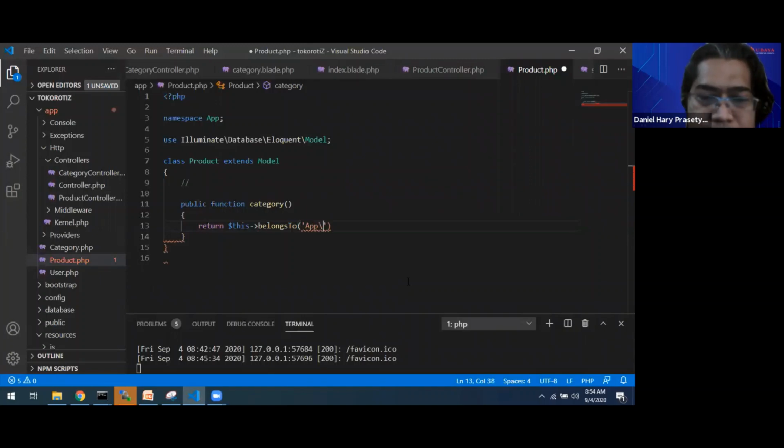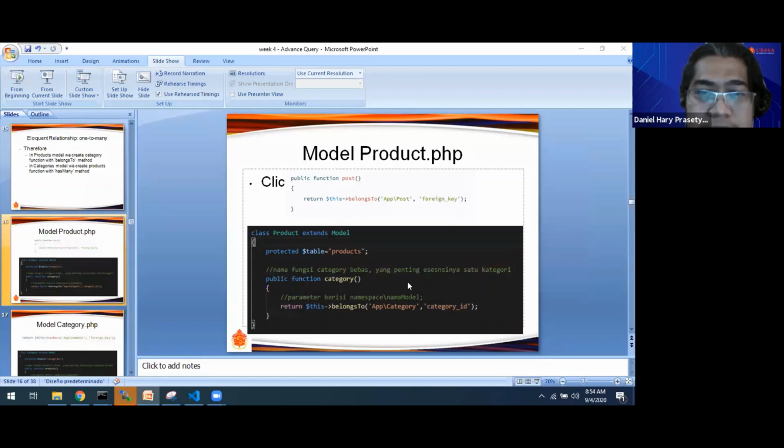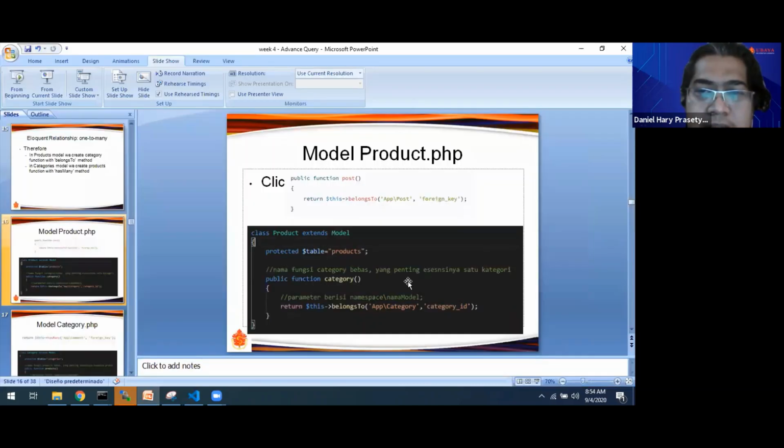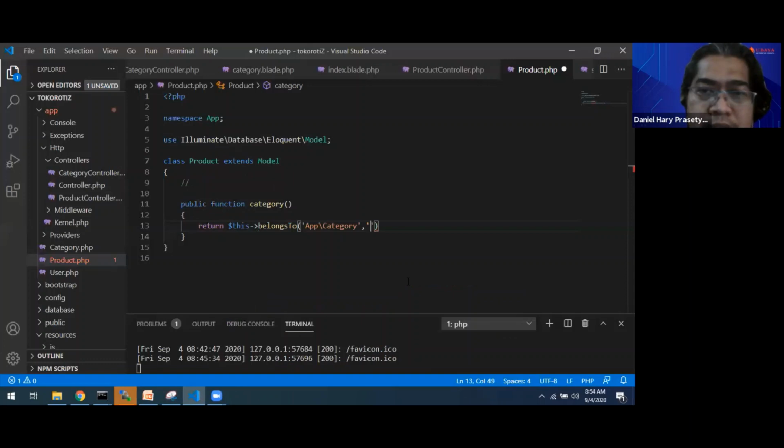App Category, with Categories the model, so with capital C, and then the link, the link is category ID.